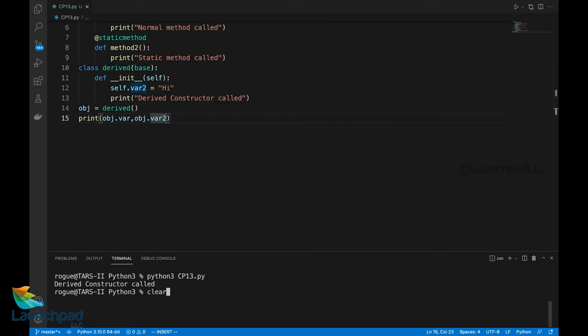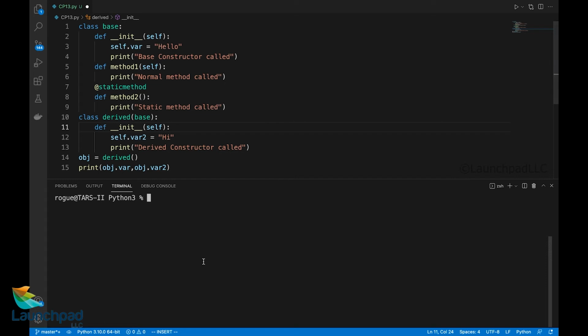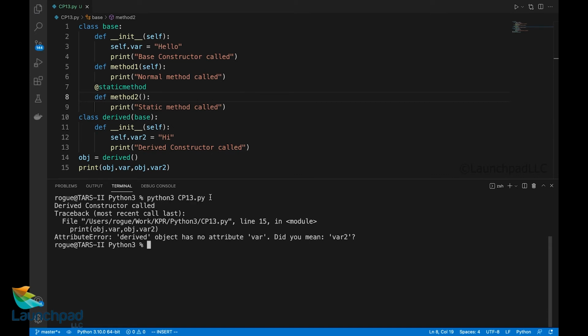Let us see the output of those. Now let us run the file. As you could very well see, there is a common error, the attribute error, which says a derived object has no attribute called var, even though a base class derivation has happened.